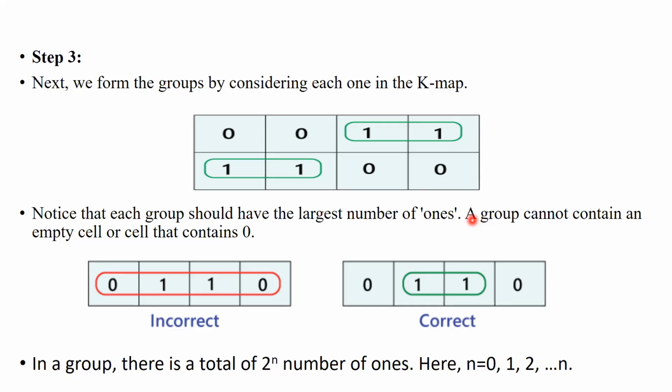So 6 नहीं है, 5 नहीं है, 7 नहीं है. Okay. So I cannot make a group of 5 ones. No. वो 2 raised to something में वो 5 number नहीं आता. So if I see this diagram over here, ये तो 0 है. No need to form a group. But यहाँ पे 2 ones है. Okay. So then I can make this group of 2 ones. Then यहाँ पे नीचे भी 2 ones है. So I can make this group.